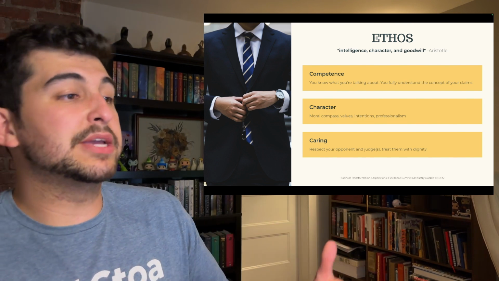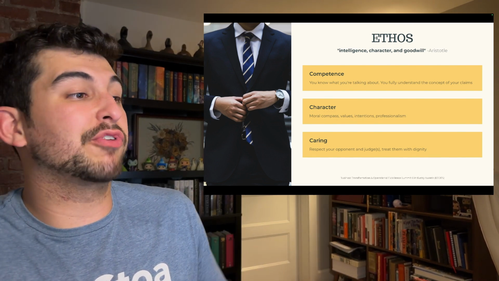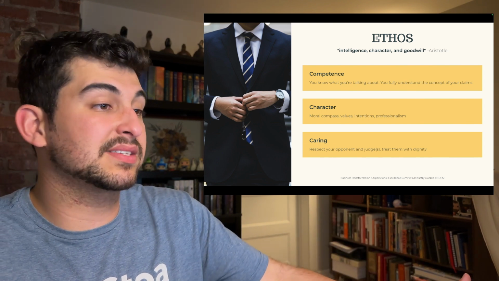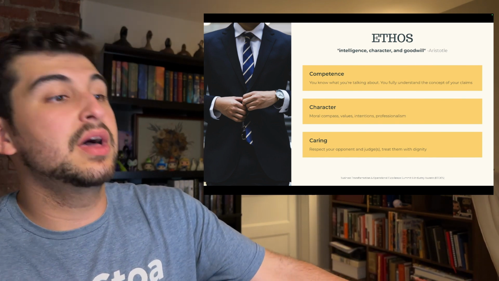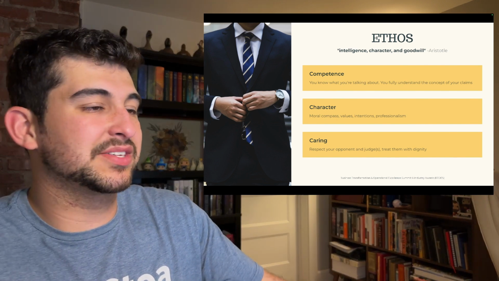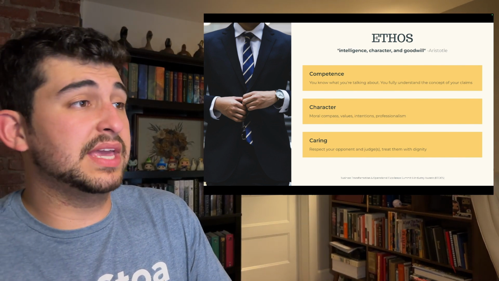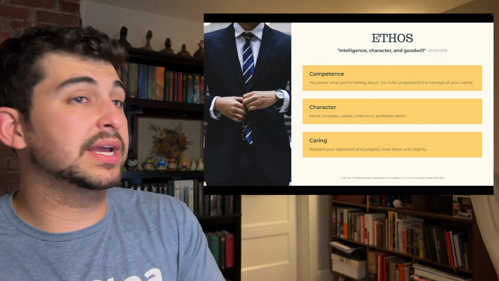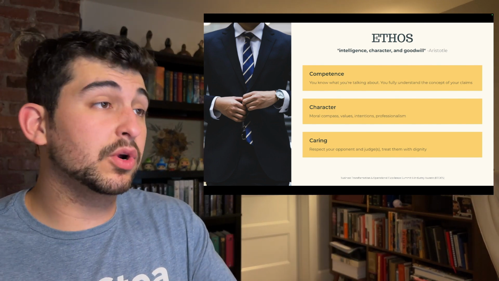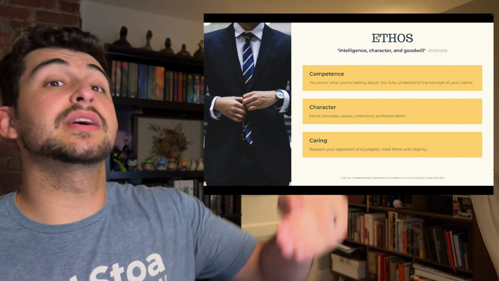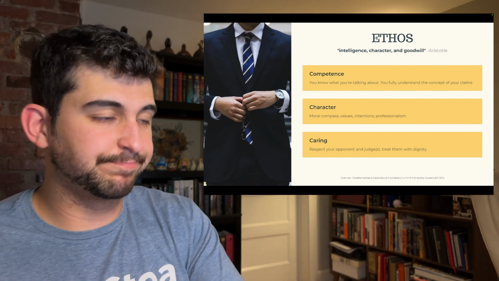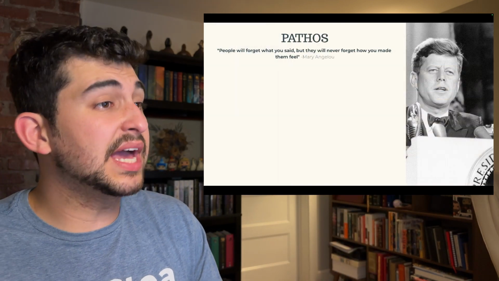Now, this information I specifically got from an article from a source called the Business Transformation and Operational Excellence Summit and Industry Awards, or BTOs as it is called. You can find that article on the internet, and this goes into even more depth of what competence, character, and caring actually mean. So in summary, ethos is the aspect of being trustworthy and credible, which leads us to the next one, which is